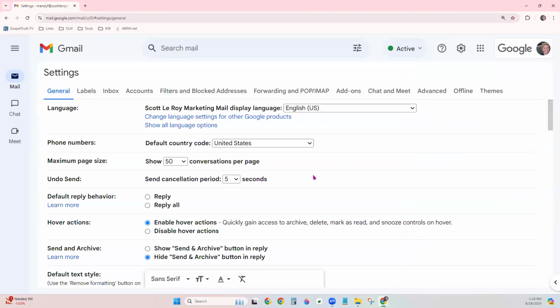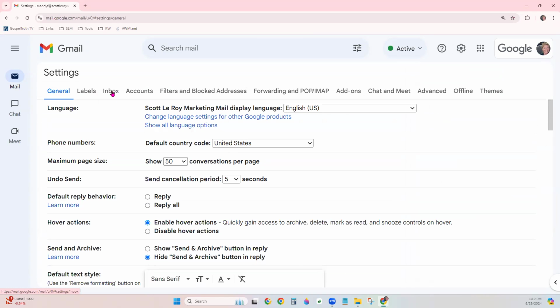You also have some options in here as well. Once we're back here under all settings, notice we have a lot of tabs across the top. Now, again, this class is an overview, so I'm not going to jump in too deep. I do not want to overwhelm you with details and options, but I am going to show you your inbox